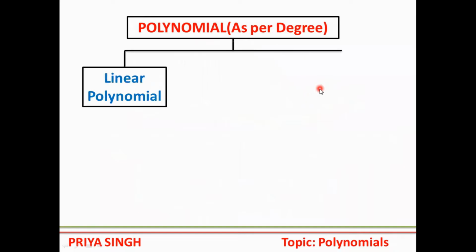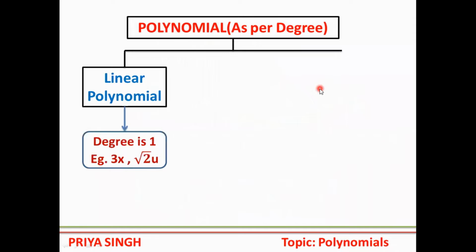So here is the first one, that is linear polynomial. Linear polynomial have a degree as 1. If you check the example, 3x, x is having degree 1. Root 2u, u is having degree 1. Now let us take